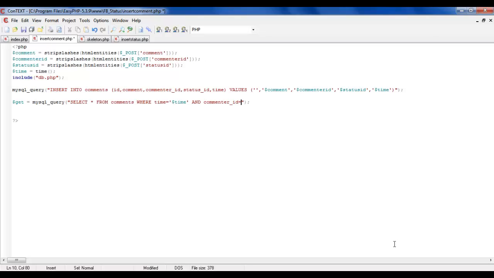commenter ID is commenter ID. We can even give one more thing, and that is status ID is equal to status ID, just to make sure you're getting exactly the ID of the same comment and not the other comments made every second on the status by someone else in the server. So just to make sure, I've given 3 references there. Select them from comments where this and this and this. Okay,